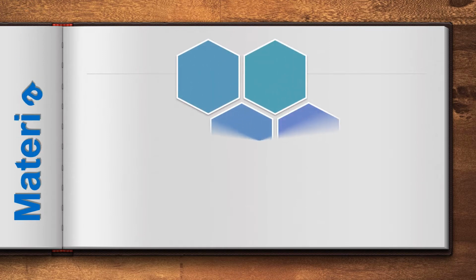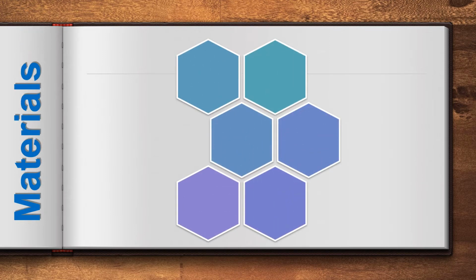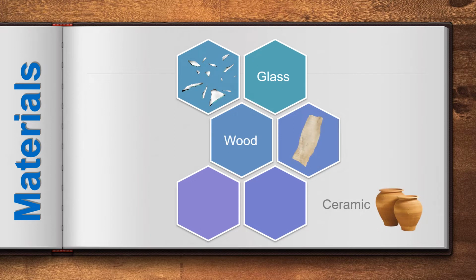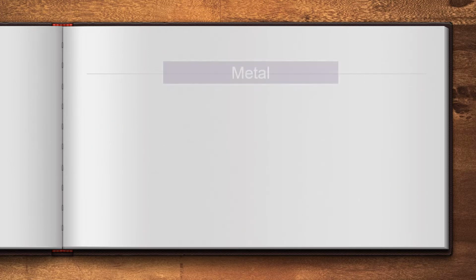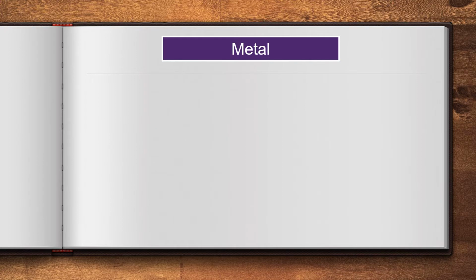The invention that I chose was the telephone. A variety of raw materials are used for making telephones. Some of them are glass, ceramic, wood, plastic, metal, and rubber. From these materials, I consider that the metal is the one that enabled its creation, specifically the following types of